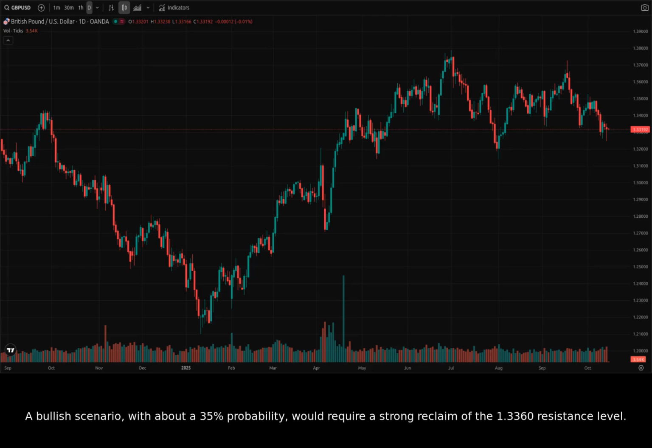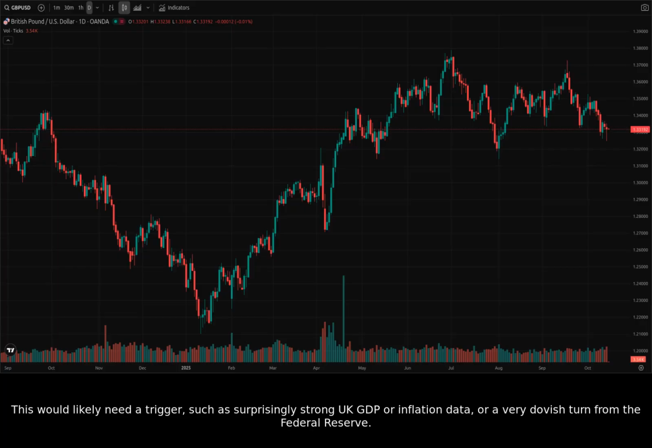A bullish scenario, with about a 35% probability, would require a strong reclaim of the 1.3360 resistance level. This would invalidate the recent breakdown and could signal a short squeeze. This would likely need a trigger, such as surprisingly strong UK GDP or inflation data, or a very dovish turn